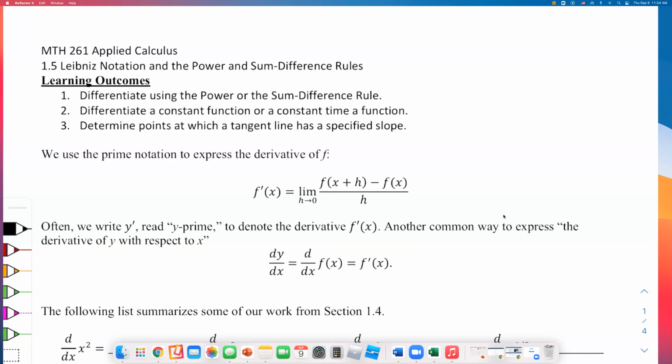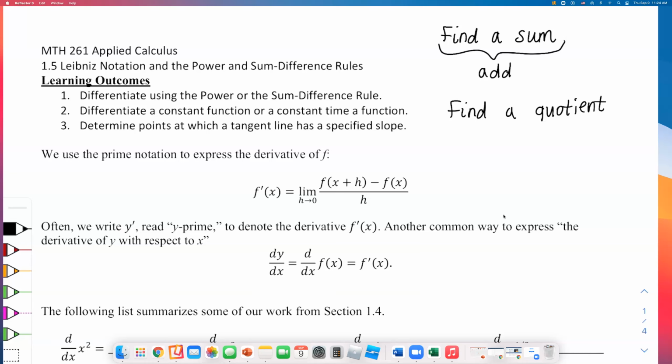You know how, for example, if you are asked to find a sum, when someone tells you to find the sum, you know that's the same thing as add, right? Or someone may say find a quotient, right? What are they telling you to do? They're telling you to divide, right? Same thing. What you will be asked to do is find